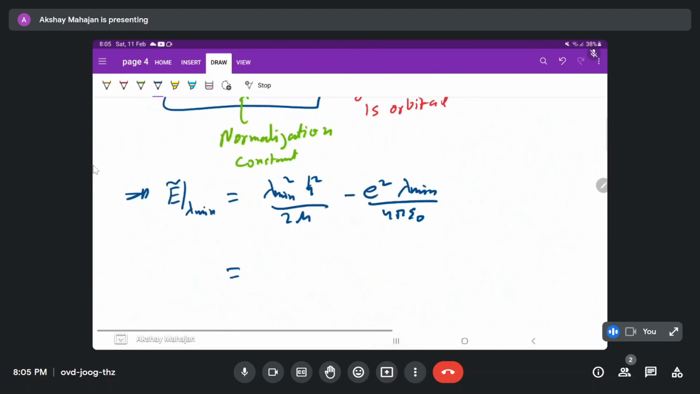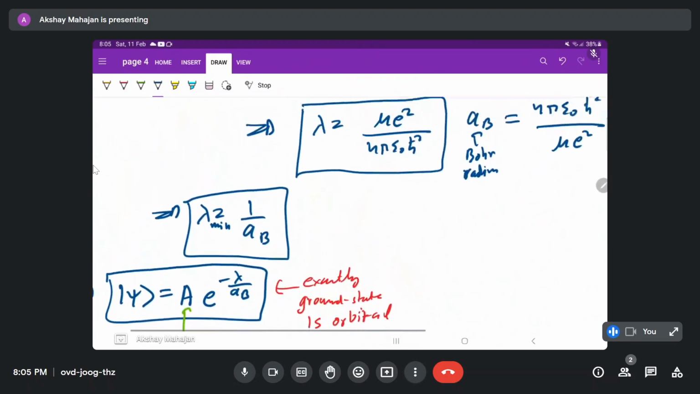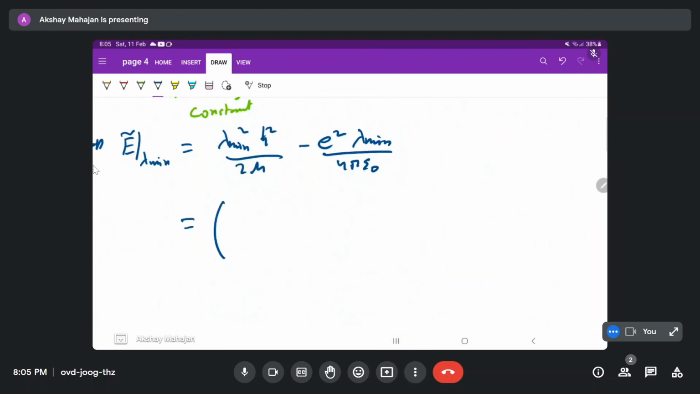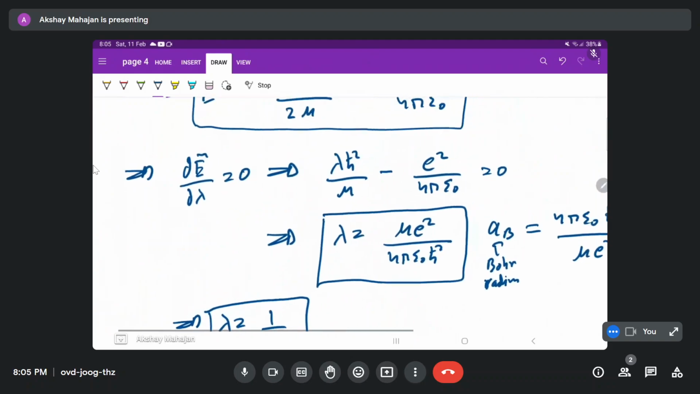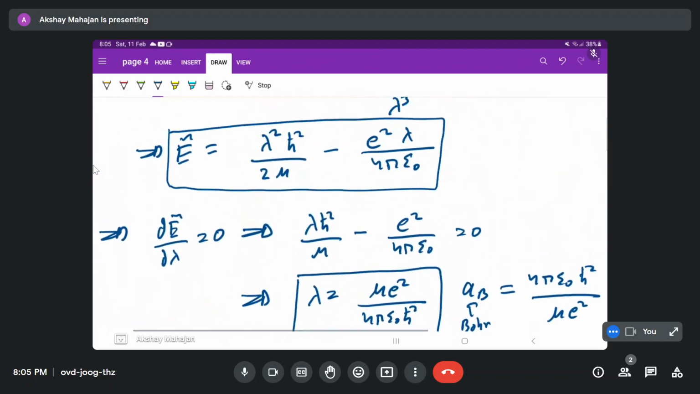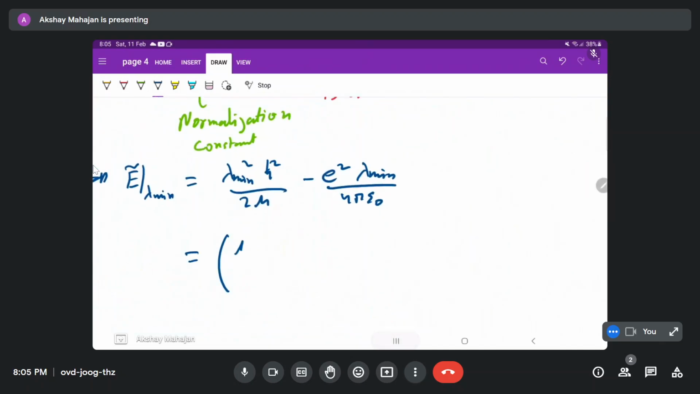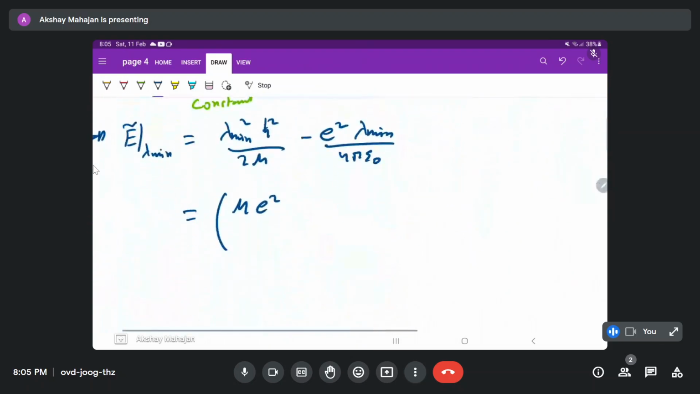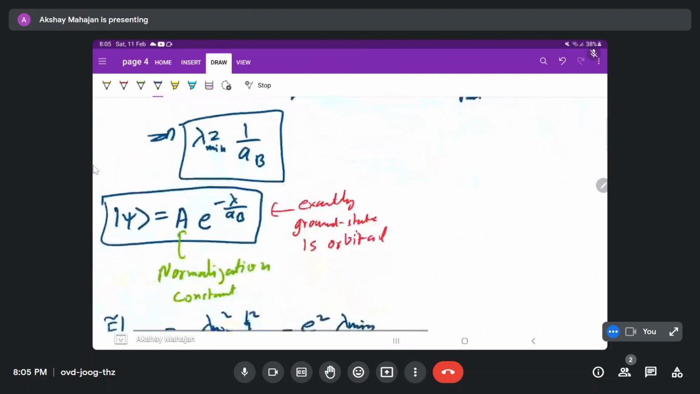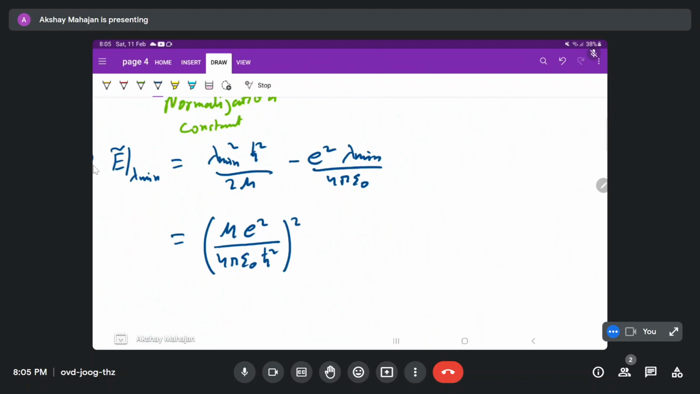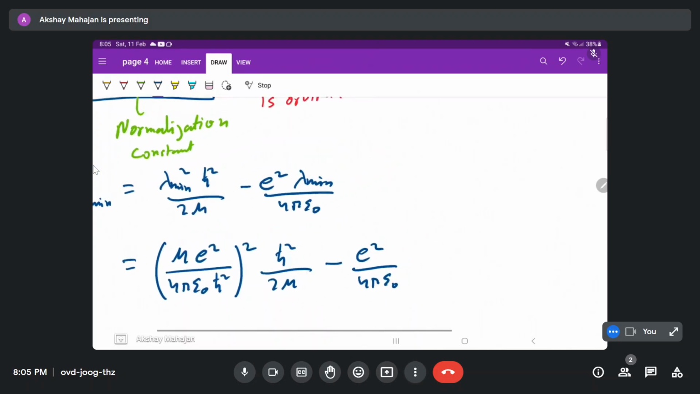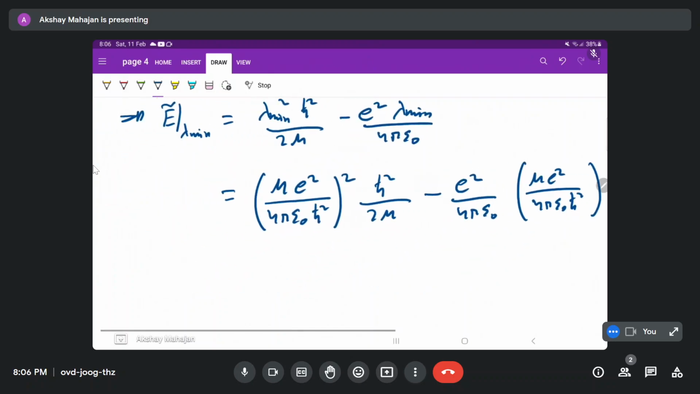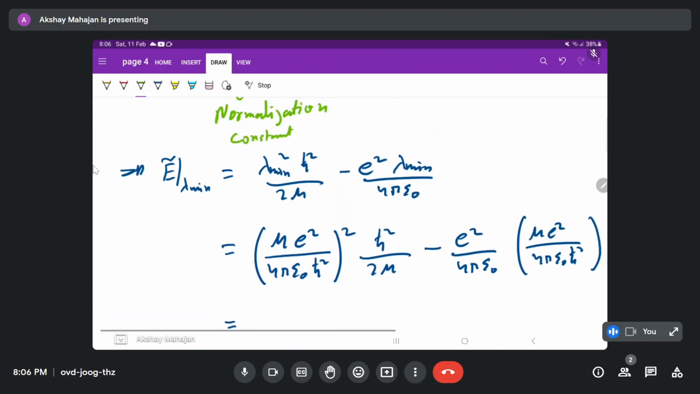Okay, and let's just put what our lambda mean is, actually 1 upon a naught, or I can just put the actual value, then you will see that what we are getting is actually the actual ground state energy value as well. So it will be mu e square upon 4 pi epsilon naught h square whole square, h square by 2 mu, minus e square upon 4 pi epsilon naught, mu e square upon h square. And if we do some cancelling here,